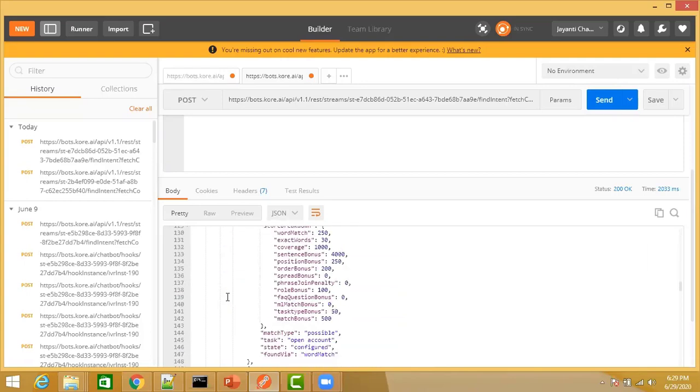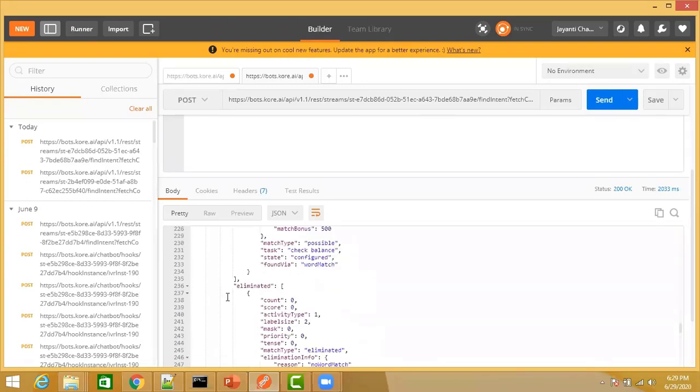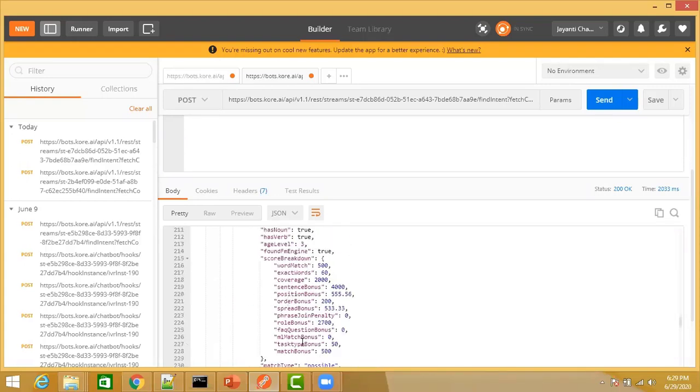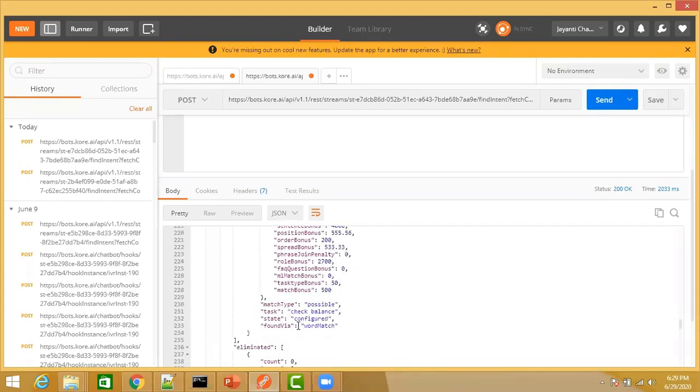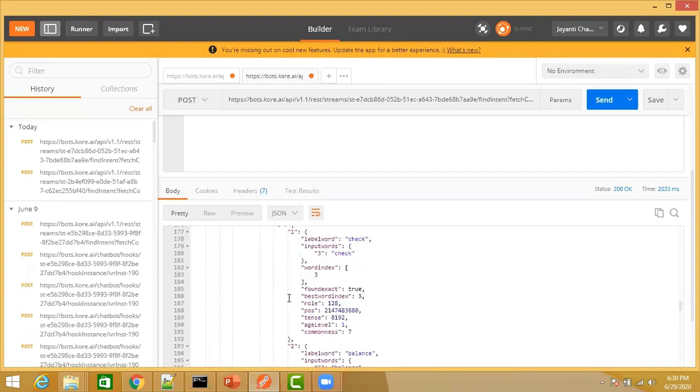If you scroll down, you will see FM has identified check balance on the basis of word match. That means the label words, the words used in the task name, have matched with the words present in the utterance of the user. That way you can see the entire NLP analysis coming up.